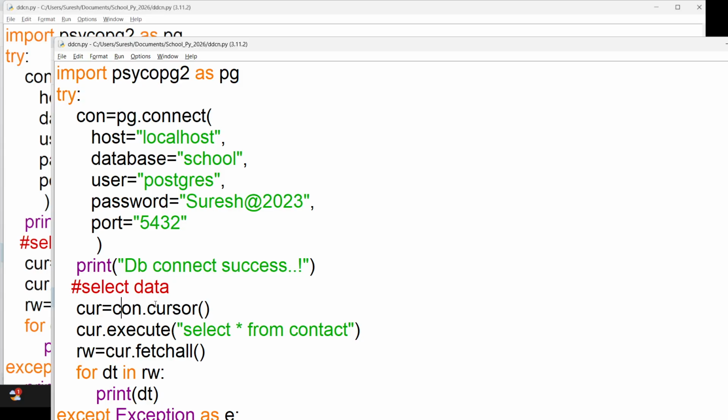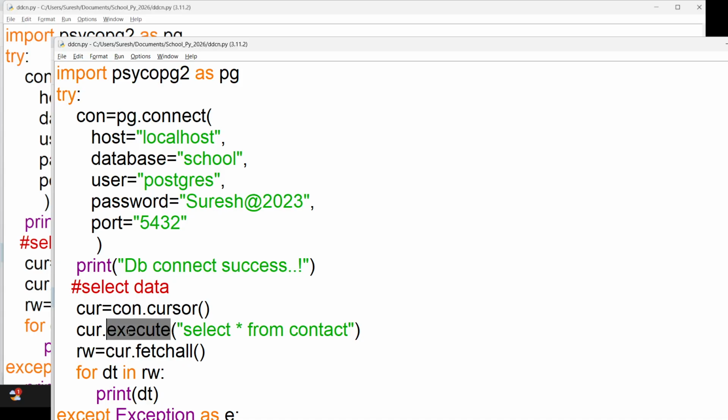So there's connection dot cursor to iterate data, and then execute is a function where you have to execute the query. Now all your queries will get executed. You may apply a where clause also, or an aggregate function. There are different kinds of queries you can perform here.